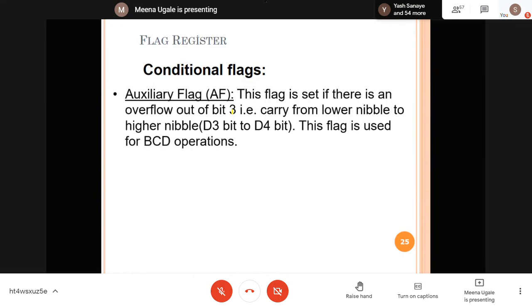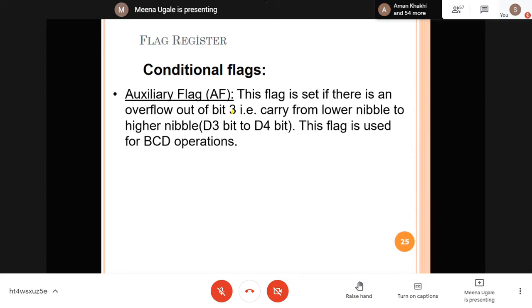Then you have the auxiliary carry flag. Auxiliary carry flag is set when there is an overflow out of bit number 3. That is a carry from the lower nibble to the higher nibble, D3 to D4 bit. In that case, this flag will be set to 1. This flag is used in BCD operations.